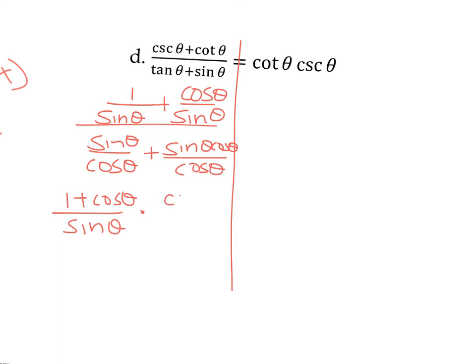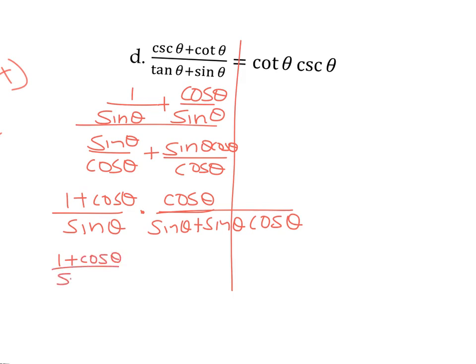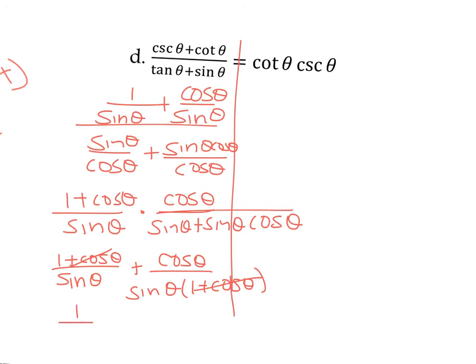So that'll be times cosine over sine plus sine cosine. So now I can factor out a sine on the denominator. So I'm left with 1 plus cosine. So those will cancel out. So now I'm left with 1 over sine